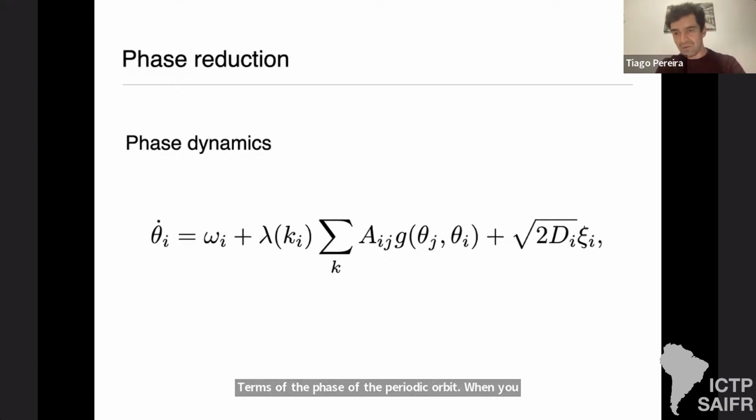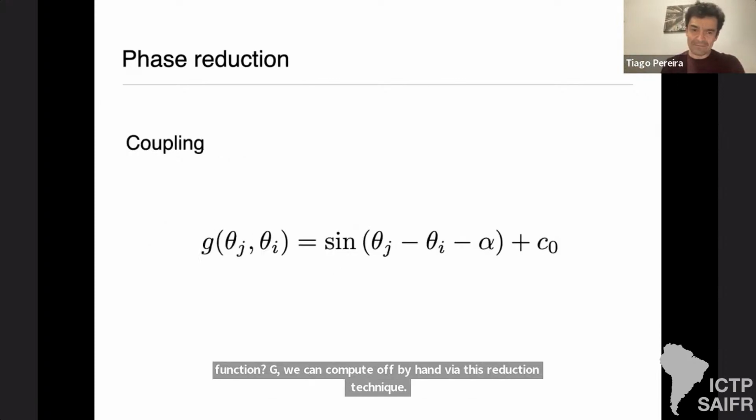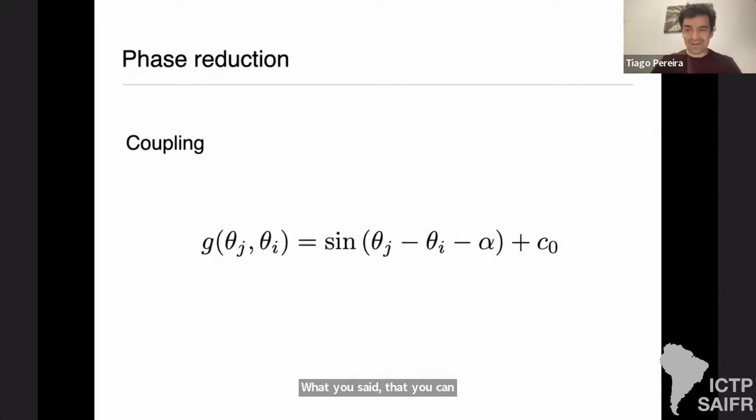When you do it, you get equations of this type, where theta_i is the phase of the ith oscillator, omega_i is the frequency, and everything else that comes now is the coupling. This psi_i is the Wiener process, and D_i is the strength of the Wiener process. This function G we can compute by hand via this reduction technique, which reduces the phase. And when you have this periodic orbit very close to the Hopf bifurcation, you can prove that this G has the following form,